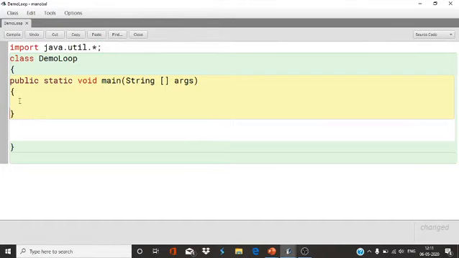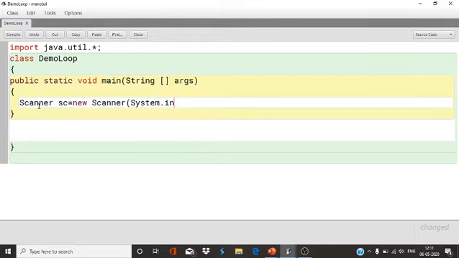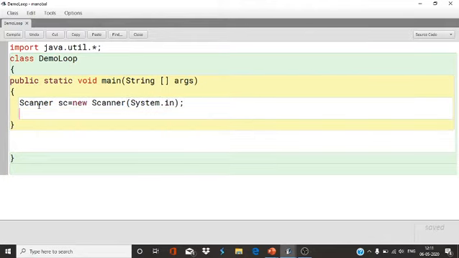But if the program says to use the IO stream or input stream reader, then you can use the IO package also, no problem. Okay, so Scanner c = new Scanner(System.in) to take the input from the user.